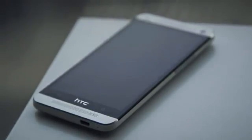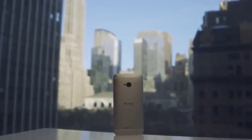Of course, Samsung may have something to say about that with the upcoming Galaxy S4, but as of this moment, the HTC One is